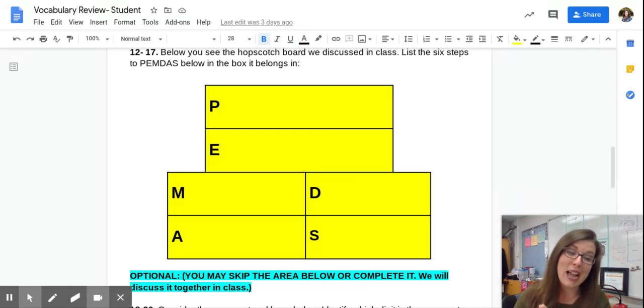You will simply type those words within this Hopscotch board. If you've been listening to this video, I've literally told you the answers. As I said, guys, this is an understanding level of learning. I simply want you to type the words for those letters of PEMDAS, so that, again, we're thinking through how that acronym helps us. What are the actual steps of PEMDAS?